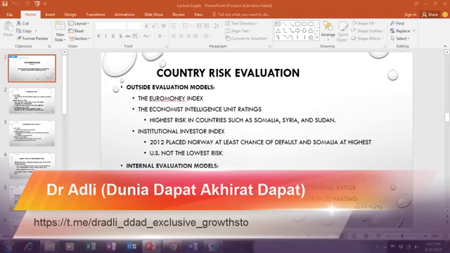You can use the debt service ratio, the same as the debt service ratio for an individual. The country also has a debt service ratio, which is the interest